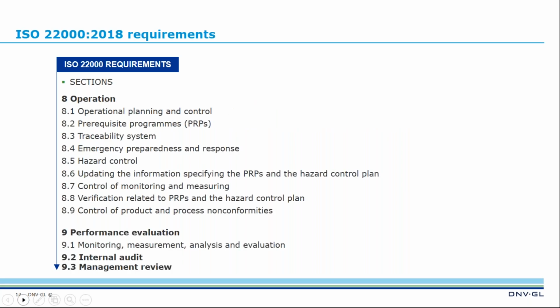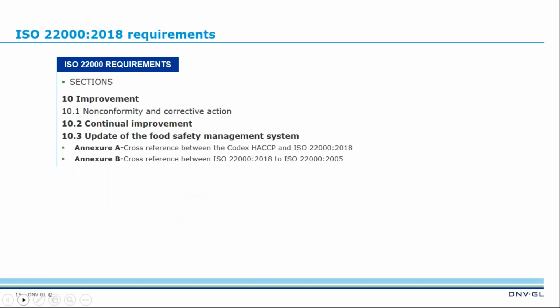Clause 8 basically focuses, as I mentioned before, on the HACCP principles, together with all the PRP requirements, your OPRP, your traceability system, your emergency preparedness and response, plus the verification portion of your PRP and hazard control plan, and also the control of product and process non-conformities. Clause 9 is basically your performance evaluation. In this clause, we look into how you monitor, measure, analyze and evaluate your control measures, the internal audit, the management review, as well as in clause 10, the improvement, how you handle non-conformity,